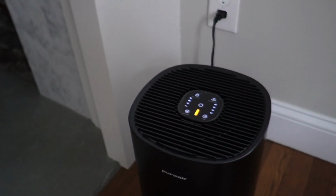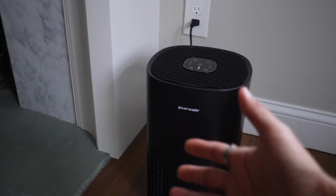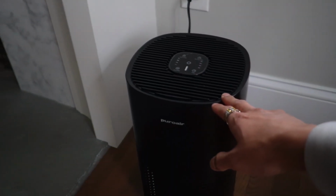So overall, I'm pretty happy about this air purifier. It's real simple to use. It doesn't take up a lot of space. And it does look pretty stylish as well too from the looks of it. It's pretty low key. Now this is definitely going to go ahead and work very well in households if you have like kids,